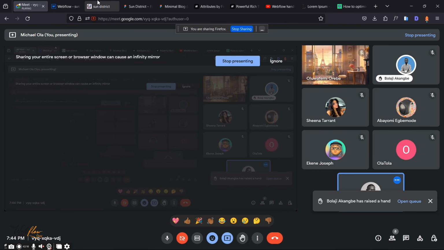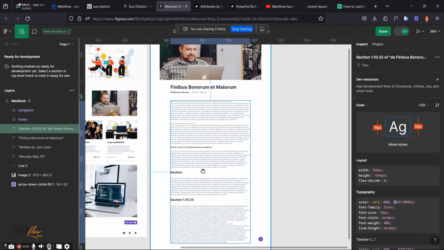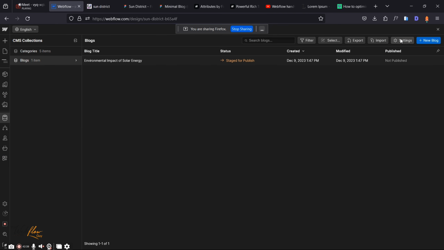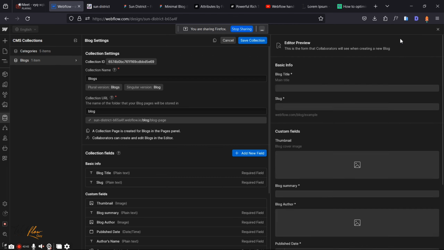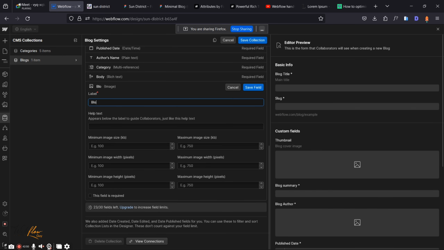All right, Bolaji. Yeah. So I noticed something from the blog content. Good. So now in that case, we need to come back to our CMS settings here and add a new field and type use image, and we can select, let's say, blog, or let me just say